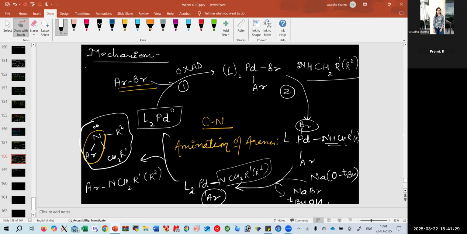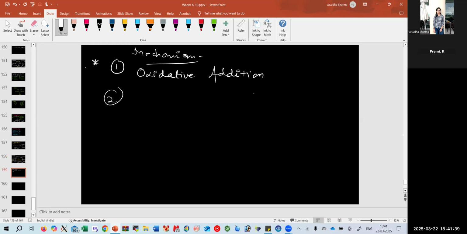If it is just coordinating, it would still be there. Once it is inserting, then we can expect H is going out and then the bond is formed. So first, the coordination of amine is happening. Coordination of amine to the palladium is happening, which is followed by